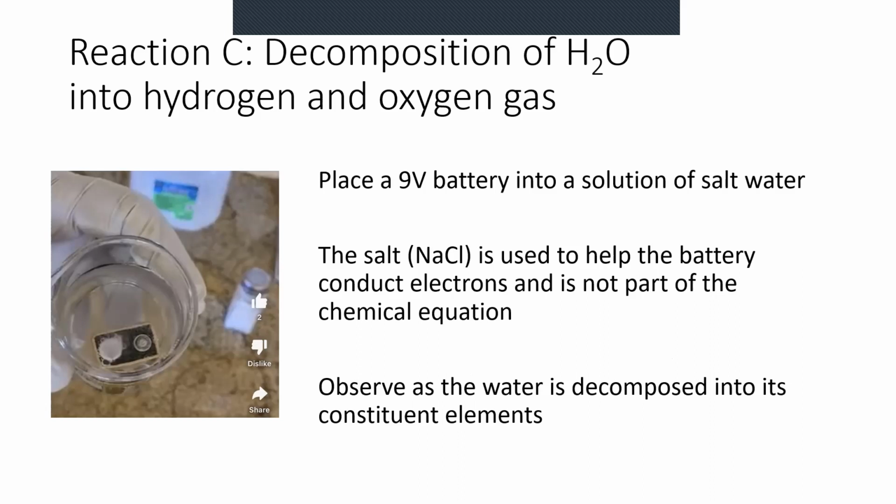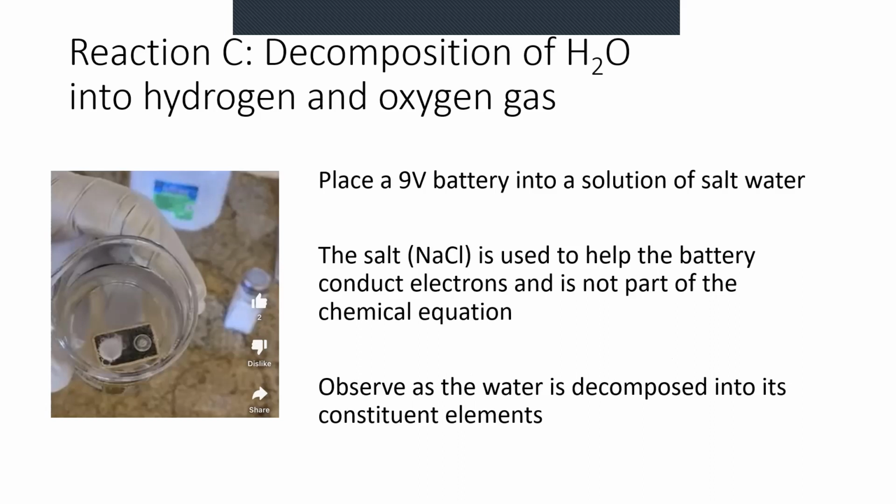Reaction C is decomposition of water into hydrogen gas and oxygen gas. To observe this, we're going to place a 9-volt battery into a solution of salt water. The salt in the water is just used to help the battery conduct electrons and is not part of the